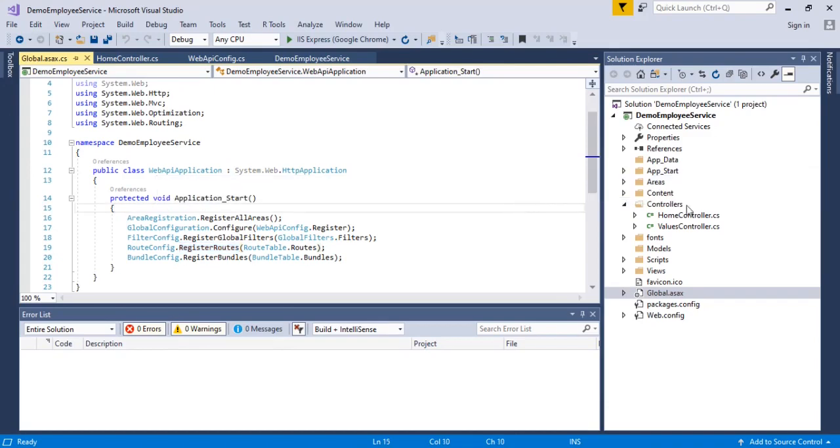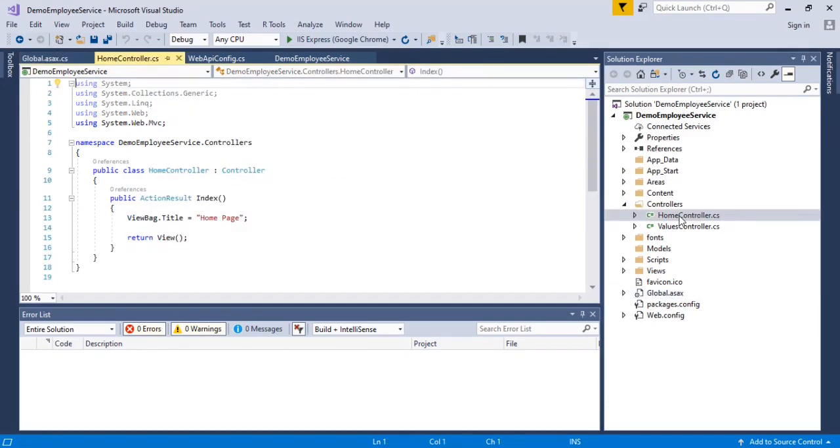Okay, so now I have created this demo service web API project. After that, the second step is,